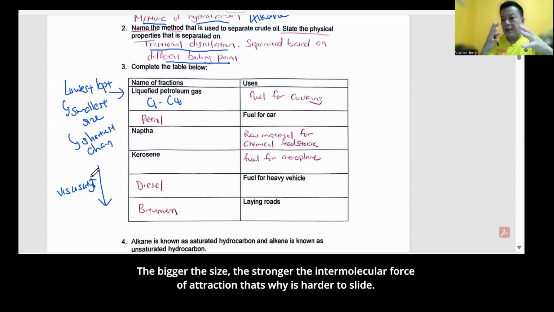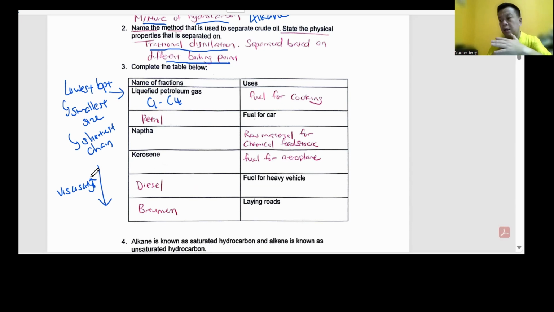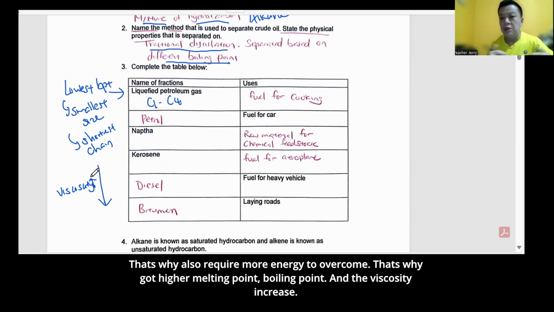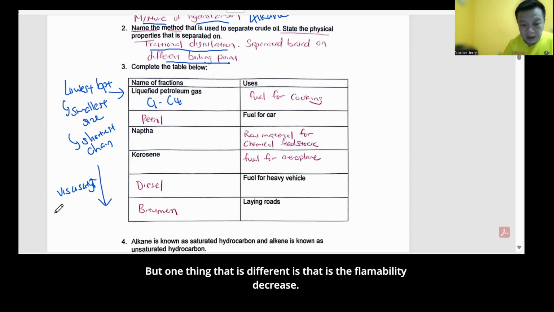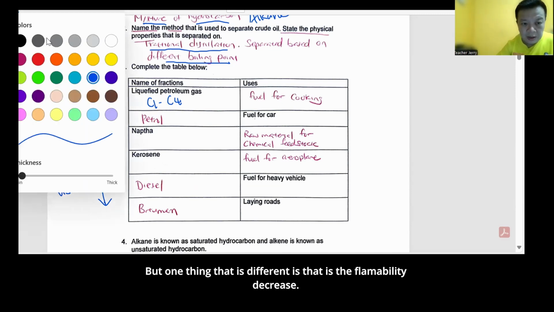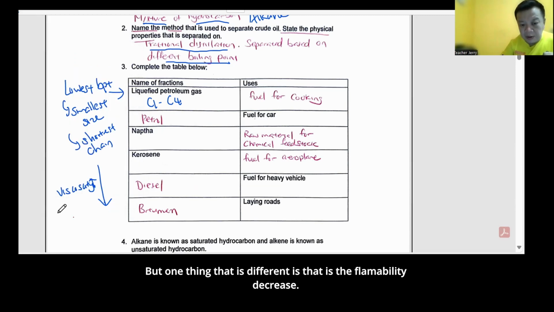The bigger the size, the stronger the intermolecular force of attraction. That's why it's harder to slide, and it also requires more energy to overcome. That's why you get higher melting point and boiling point, and the viscosity increases. But one thing that is different is that the flammability decreases